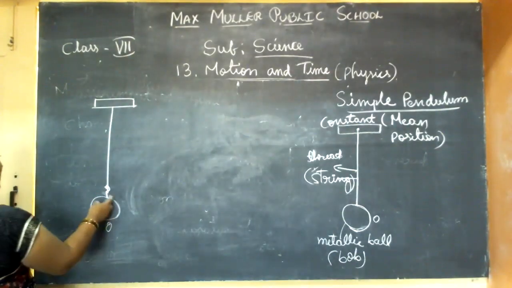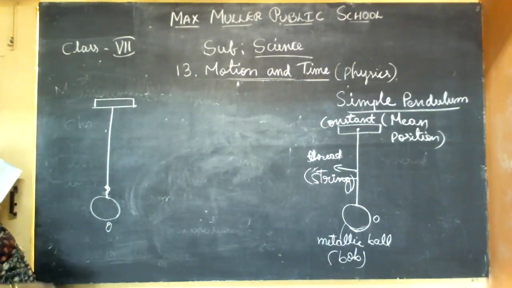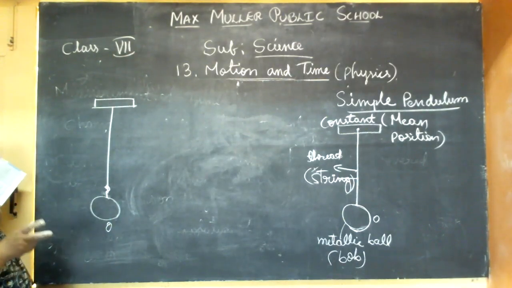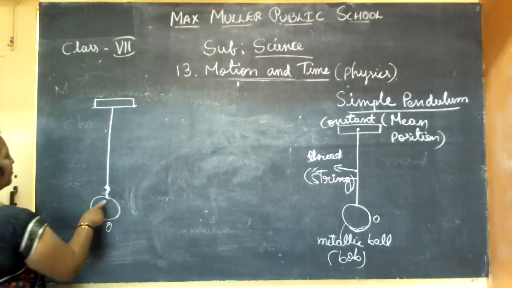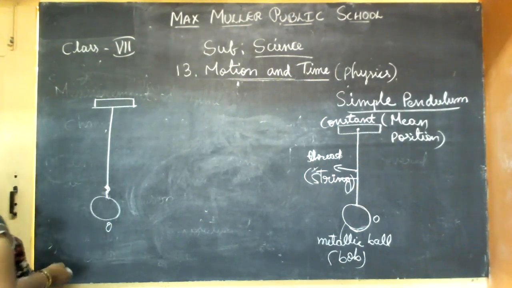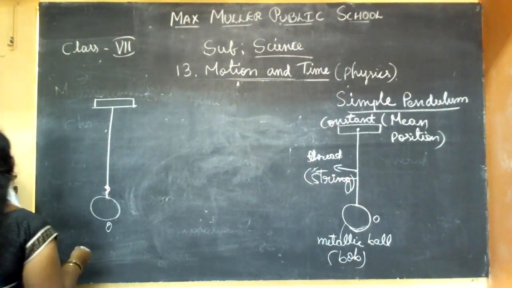Because you cannot directly tie it over the ball, it may be slippery. It is fixed tightly there. So they have fixed the hook there, then it is fixed to the ball. Okay. Now,